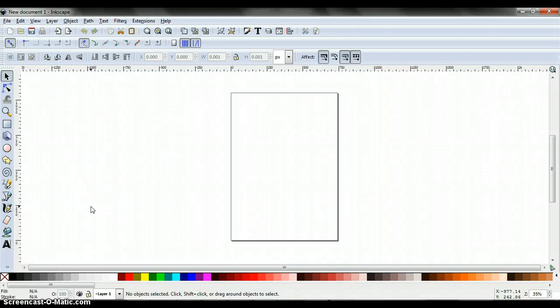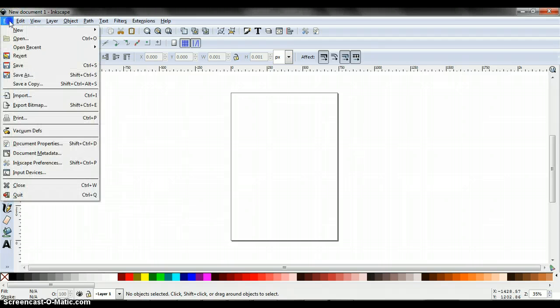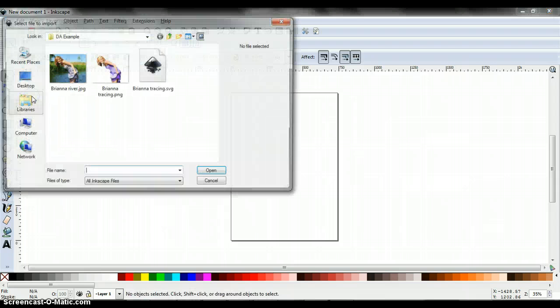In this video, I will show you how to use your own drawing or artwork, import it into Inkscape, and then kind of manipulate it and play with it here in Inkscape. So first you go to File, and then Import,